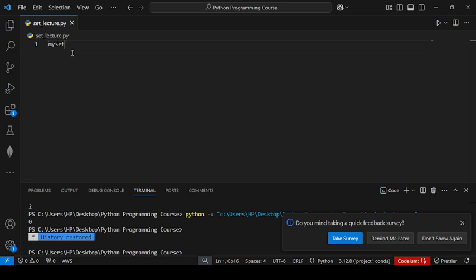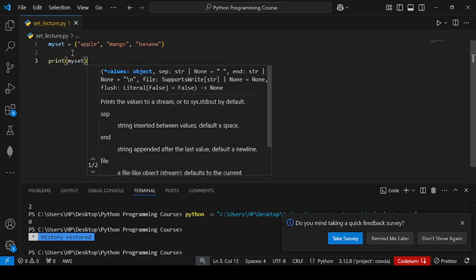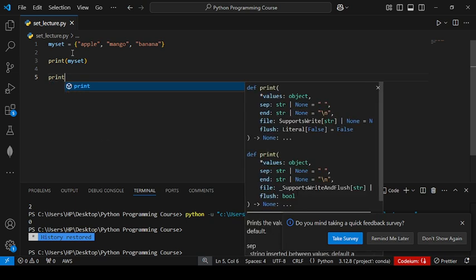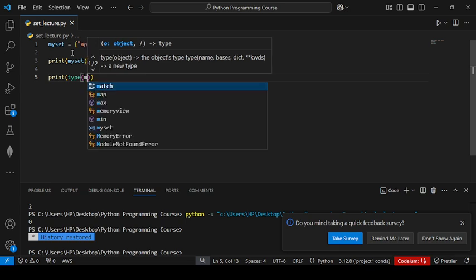I write my_set equals apple, mango, and banana. So this is the way we can define a set. Then I write type of my_set.